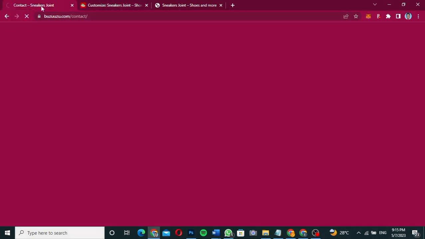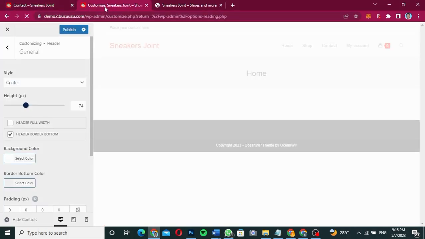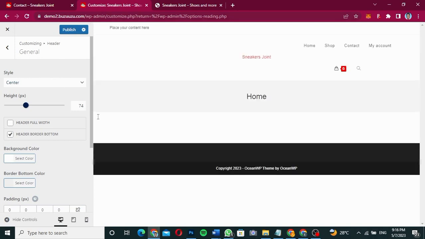So if you look at this website, the website that I showed you that we are recreating, you realize that it's having that kind of thing. So as you can see, the website logo is at the center over here, and then to the left side of the logo we have some of the menu items, that is a category, and then to the right side we have the main menu items over here. So that's exactly what we're going to do over here. So we choose the center over here, and then we're going to have the main menu on our left side,